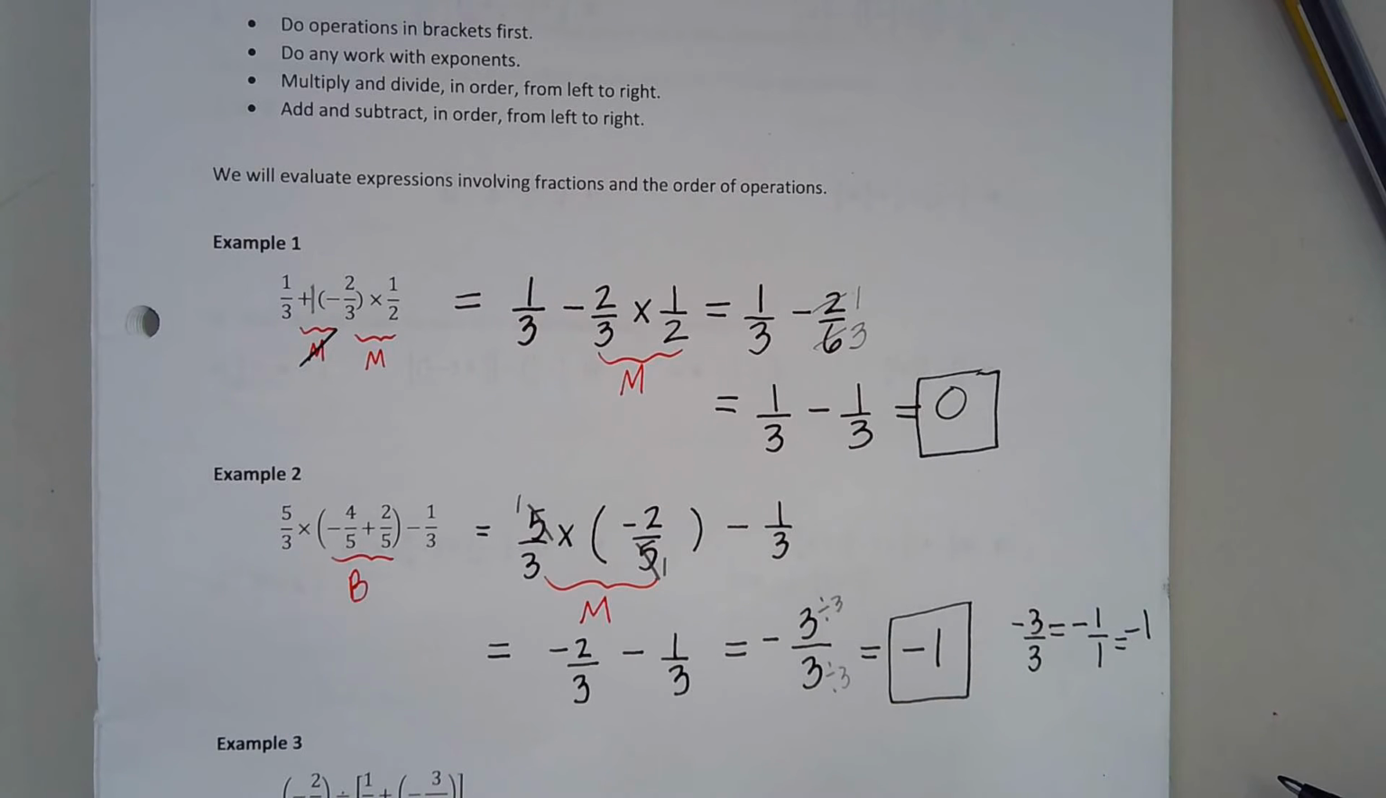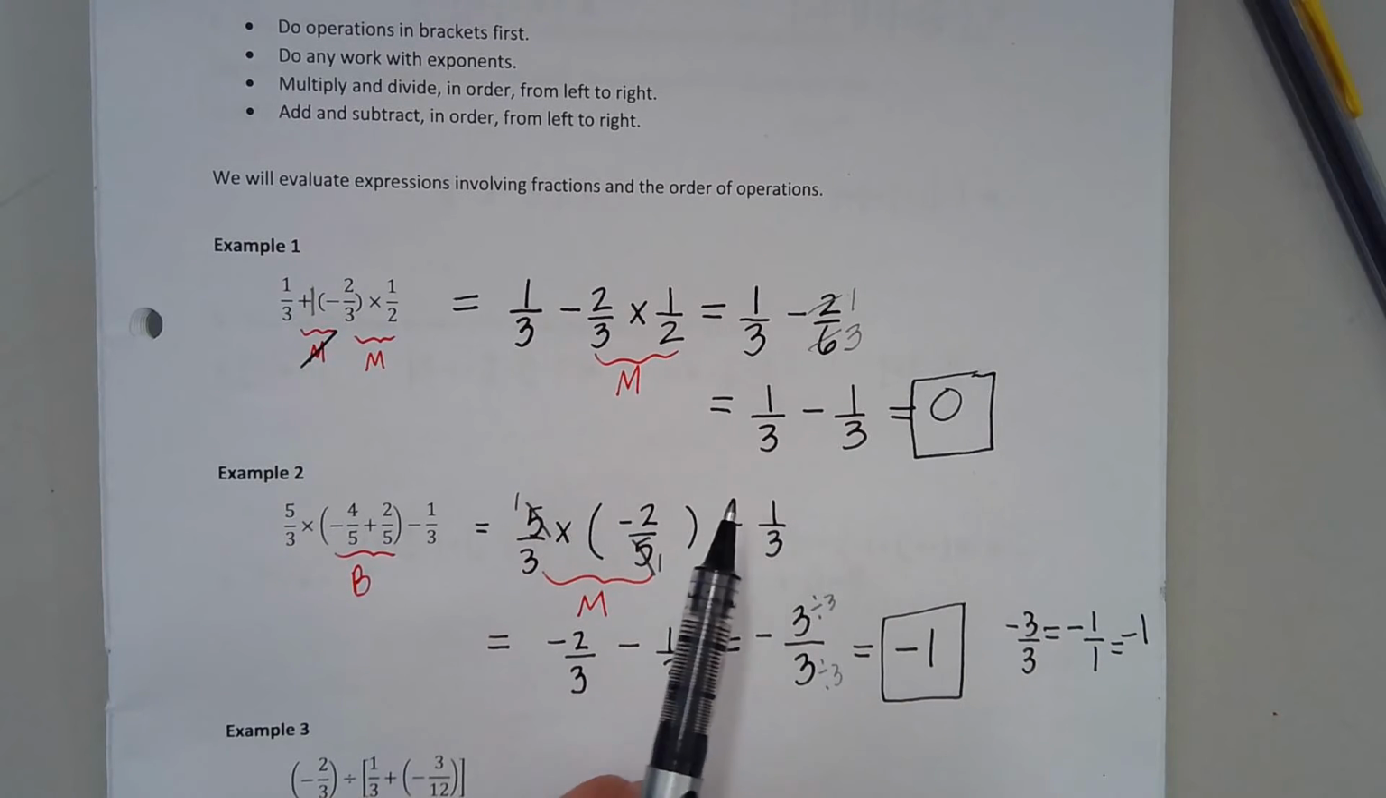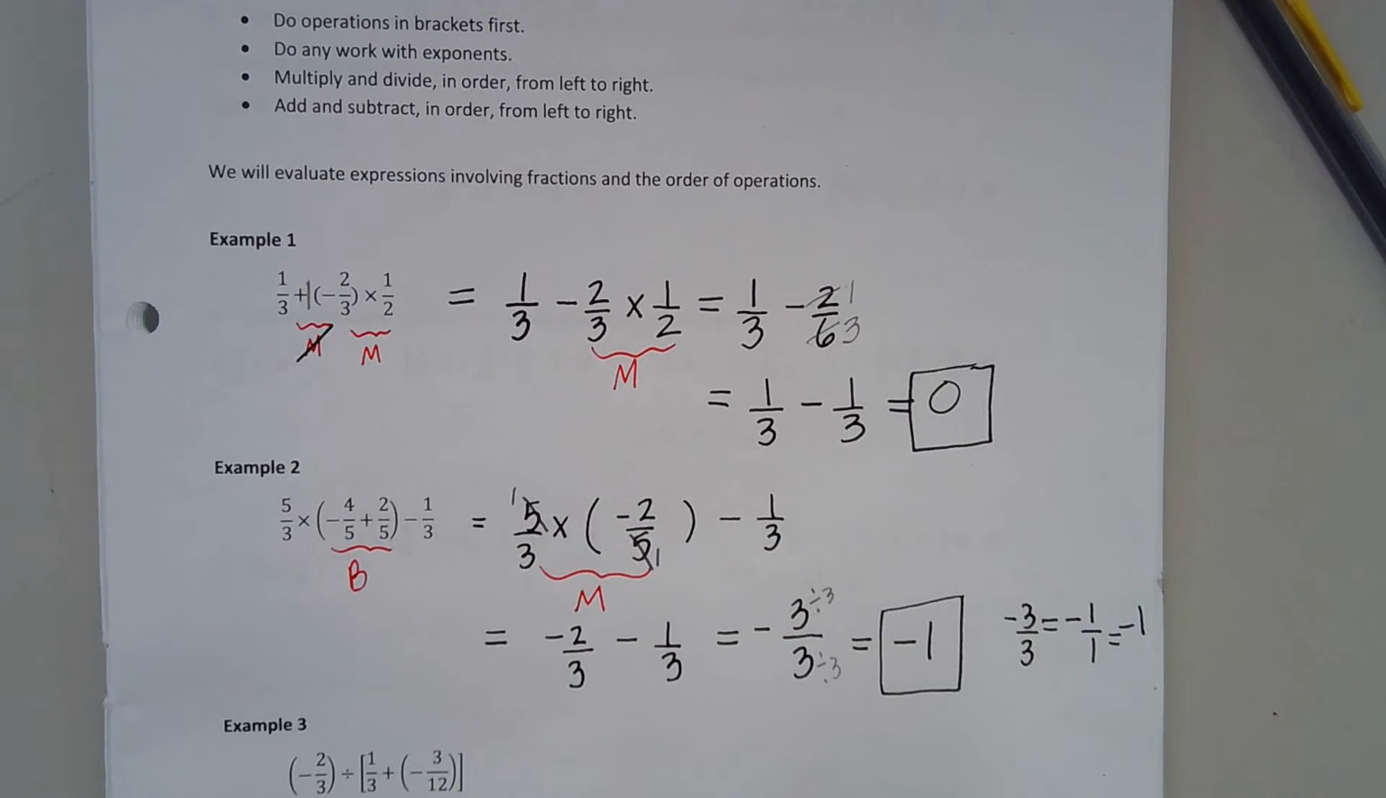All right, let's take a look at this last example. I've got -2/3 divided by, in brackets, 1/3 plus -3/12. So there's definitely work to be done inside the brackets, right? So let's see if we can do,